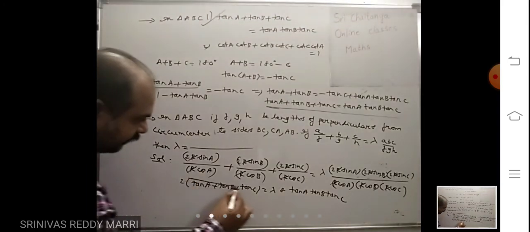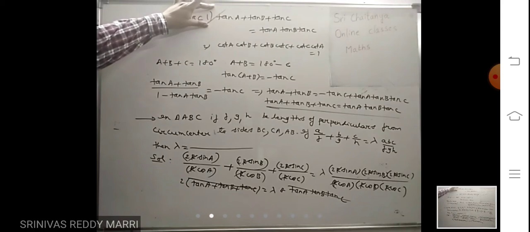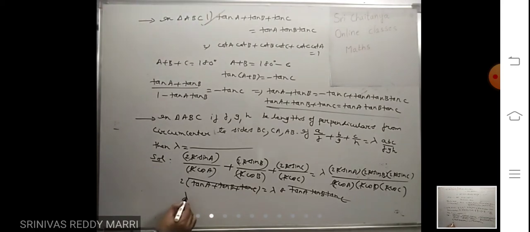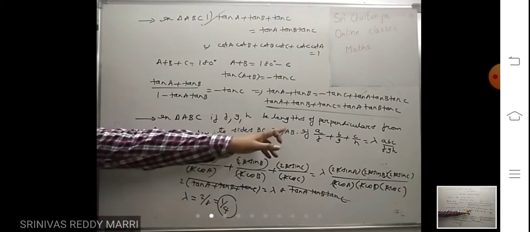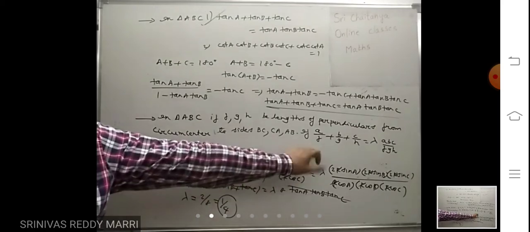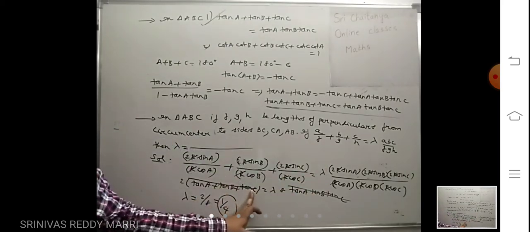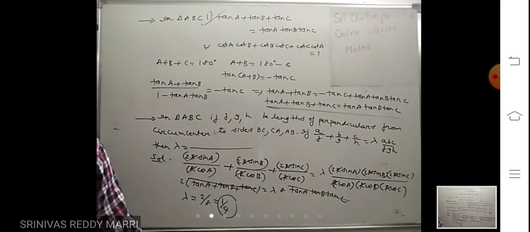Now these both are equal. Tan A plus tan B plus tan C, from the identity, is tan A tan B tan C. Therefore lambda equals 2 by 8, that means 1 by 4. That is the answer. Just A is 2R sin A by the sine rule. F is a distance, R cos A. If you substitute that, you will get tan A plus tan B plus tan C on one side and tan A into tan B into tan C on the other. Both will get cancelled. Just the formula you have to apply.